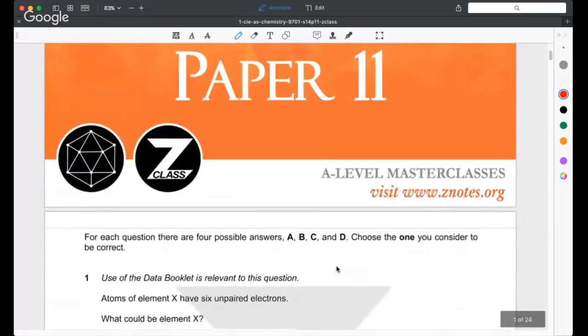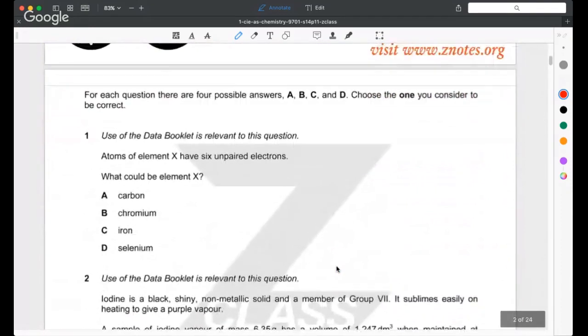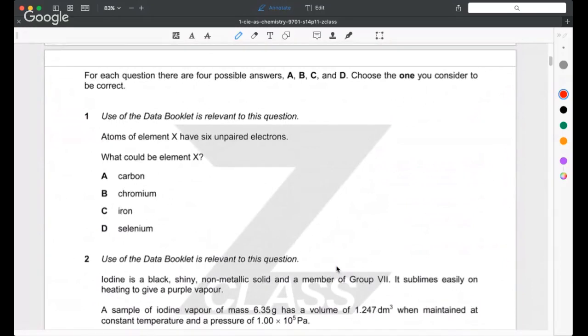Okay. So you've got 40 questions. Let's get going. So you're given a data booklet, and you've got to have an answer here for which of these elements has 6 unpaired electrons. So you're going to be looking up in the data booklet, and you're going to be working out the electron configuration for each of these different atoms. You can do that. And what you find is that